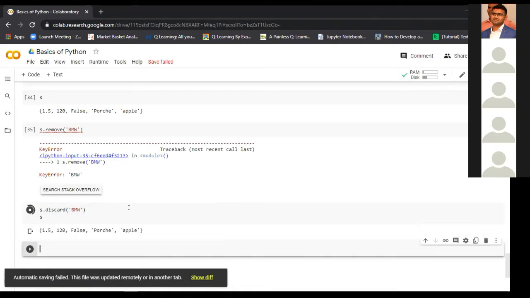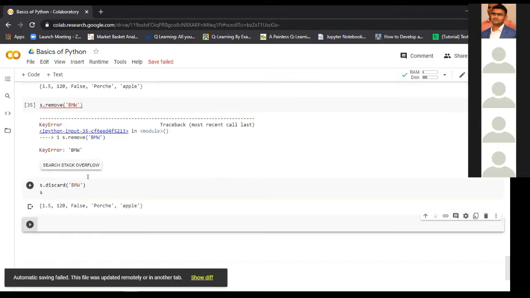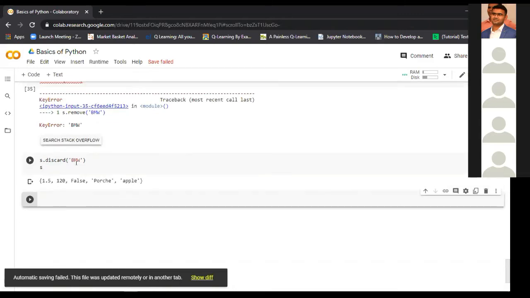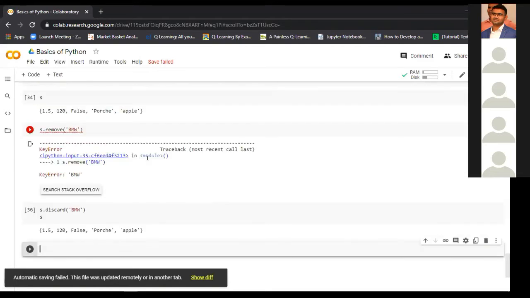Yes, you can see that it did not give any type of error that the BMW is not present, but it just simply ignored that particular statement. If that is not present, it just ignores that statement, goes to the next statement and prints the set for us. So this is the difference between discard and remove: using discard we delete the element, but if the element is not present, it will not raise any type of error.